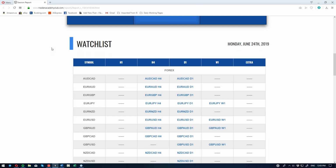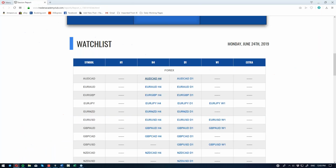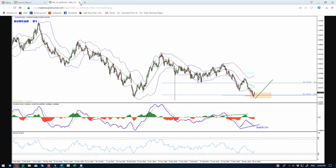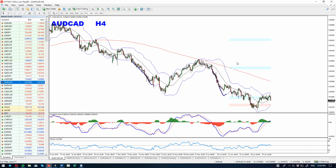Okay, so let's start. OZCAD, the first one. We broke the trend line, and our expectations are for the move upside based on the daily divergence, right? We expect a reaction from this magnet zone of the cycle. Quick look, we can see that we got a reaction. Now we are facing some slowdown,